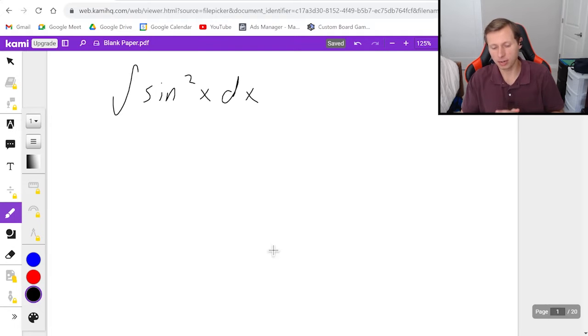Whenever the degrees are even, the first thing I'm going to do is convert all of my even degrees into the double angle formula. What do I mean by that? So just to give a quick background here, you normally don't have to write this part in your work, but